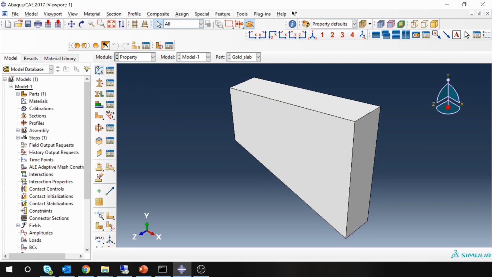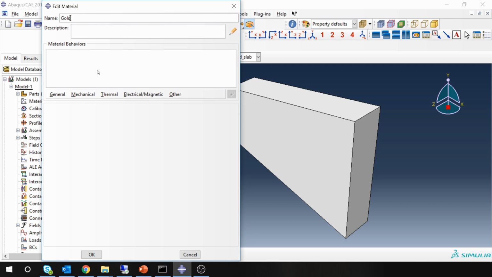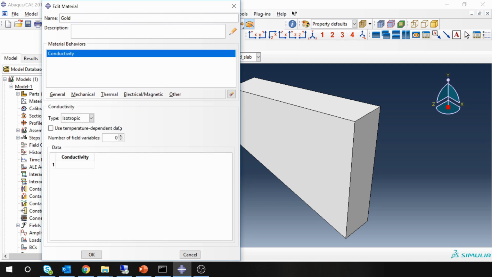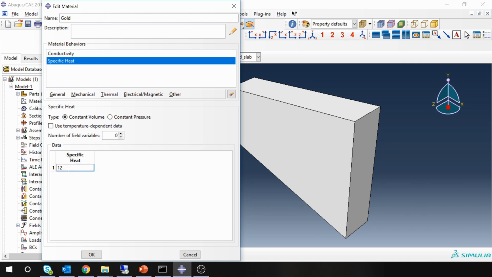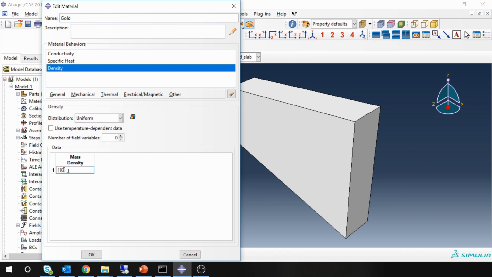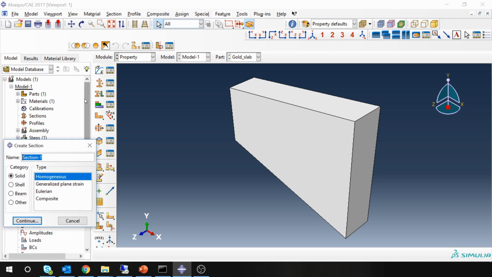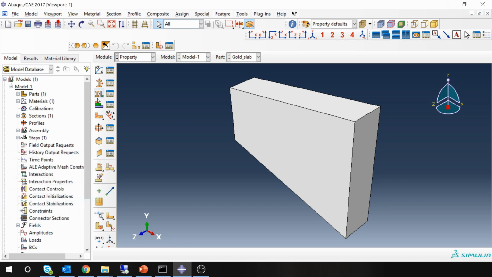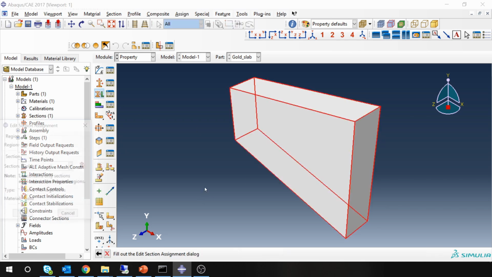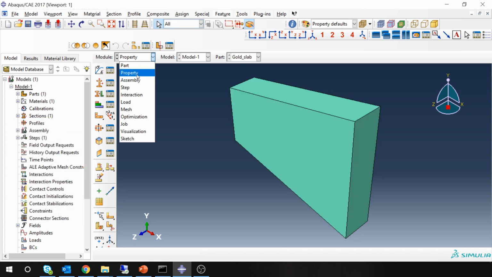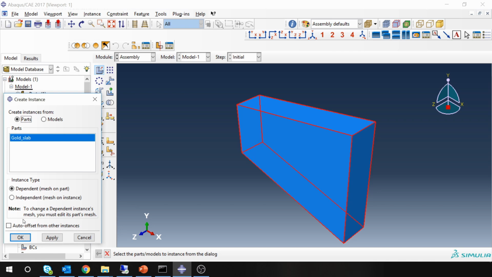Next, go to property module, create material. First we have to define conductivity 320. Now for transient analysis, we have to define specific heat, and also we have to define density. Say OK, then create a section, solid homogeneous section, and assign the section to our part. Next, assembly module, create an instance,